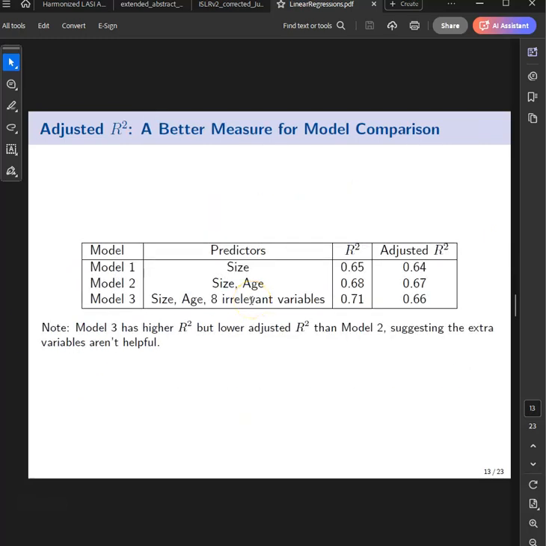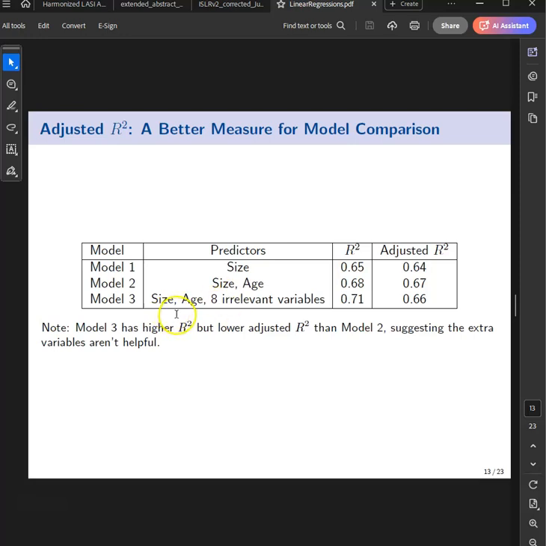And here's an example of that. So suppose you take the house price example and you fit three models. In the first model, you have only size of the house. In the second model, you have size of the house and how old the house is. And in the third model, you